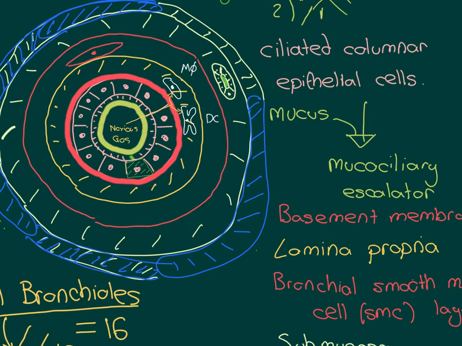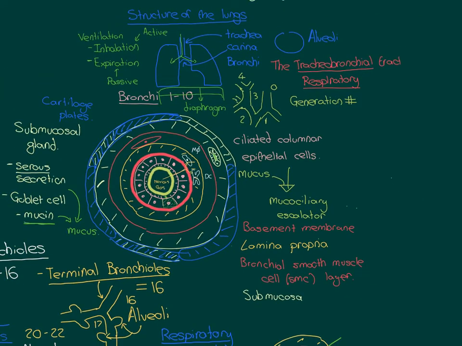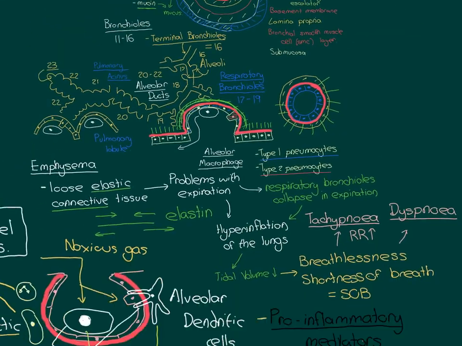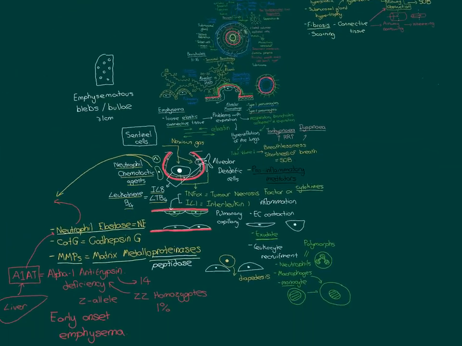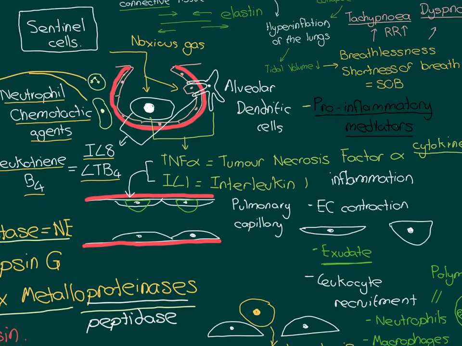Okay, and of course the same thing's going to happen here as happened down at the alveoli. These macrophages and dendritic cells are going to set off the alarm. They're going to start releasing pro-inflammatory mediators. And again, it's the exact same story as previously, so I'll just go back to where we saw this previously. Here it is. So they're going to release the two major ones, TNF-alpha and interleukin-1, and these are going to